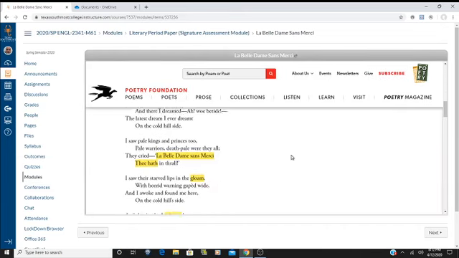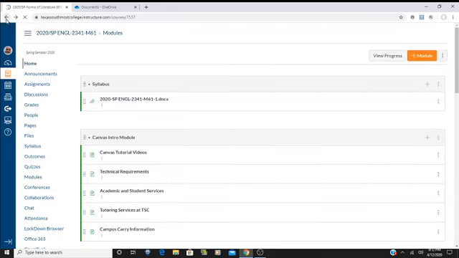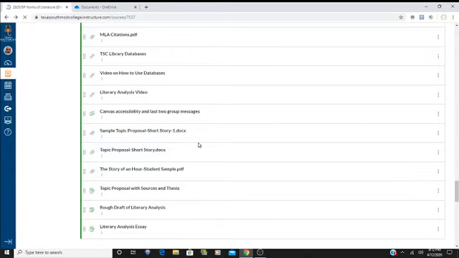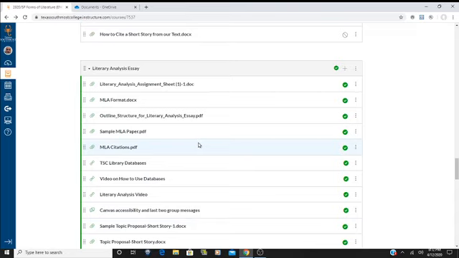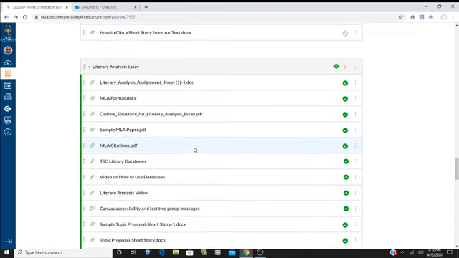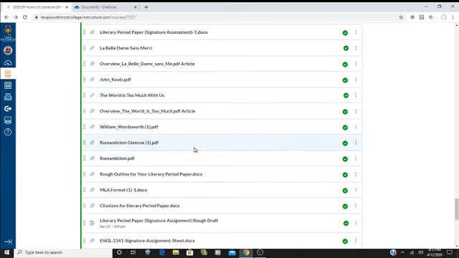And this poem is about a guy who finds a knight, like a King Arthur knight, who is dying on the side of a lake. And he's dying there because he has met a beautiful woman and he is under her spell. And Romanticism liked plenty of imagination. And that poem is discussed in this article here, and you can use this article as part of your paper. You need to read it.